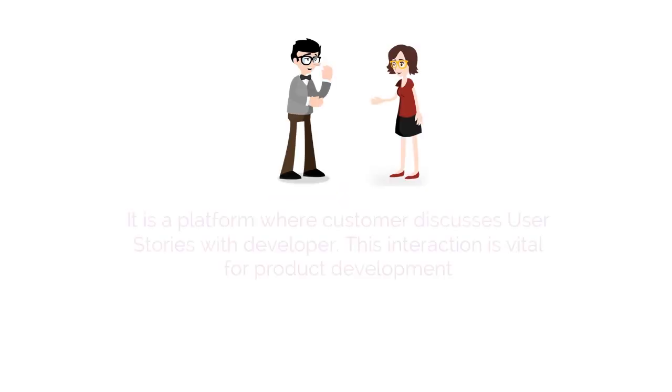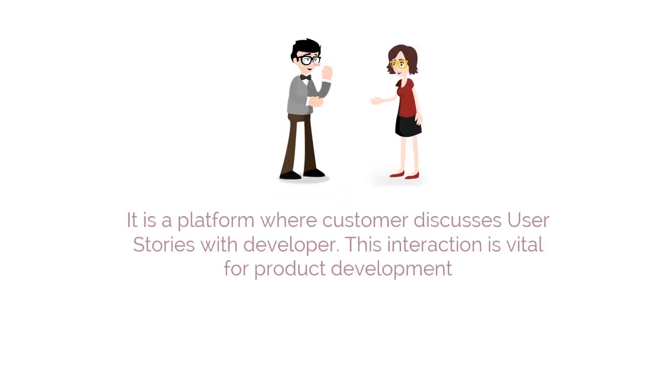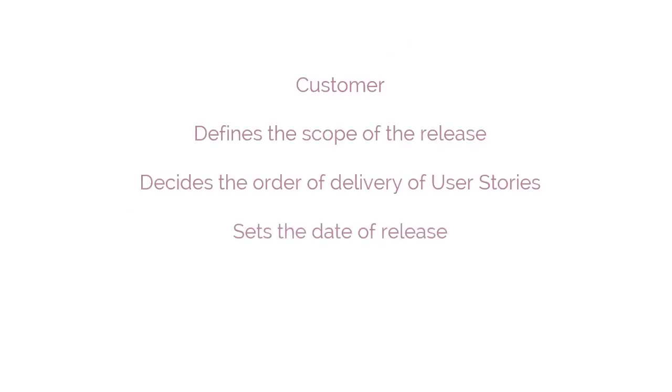A third practice under business practice is the planning game. The planning process in XP is referred to as the planning game. It's a platform where the customer discusses user stories with the developer. This interaction is vital for product development from both business and technical perspectives. The customer defines the scope of the release, decides the order of delivery of user stories, and sets the date